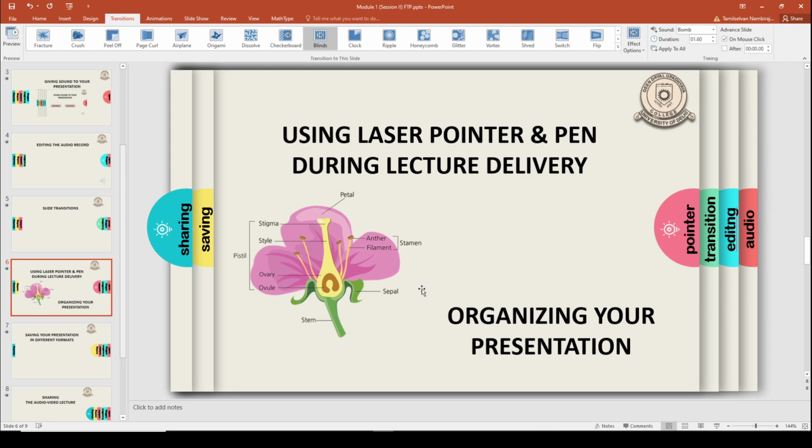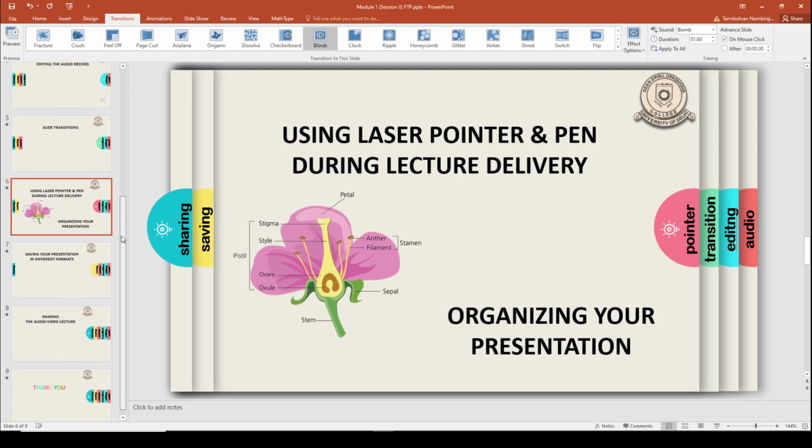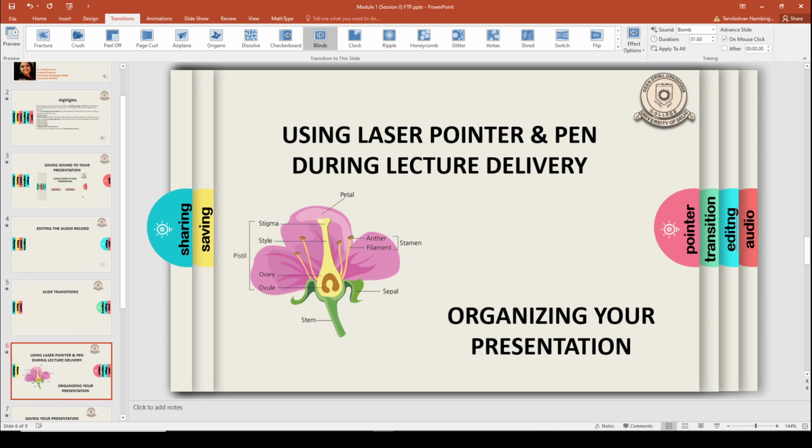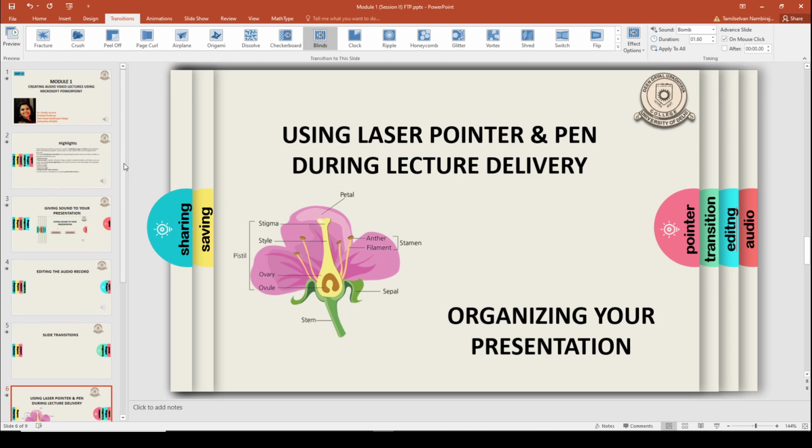Now, the other important aspect of Microsoft PowerPoint is the ability to organize your presentation. Suppose here I have a very short presentation where I have just 9 slides, but suppose you have created a presentation for your entire topic and it has multiple slides, for example in the range of 50 or 60.